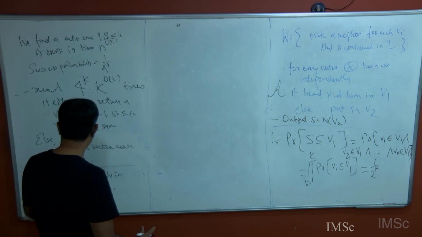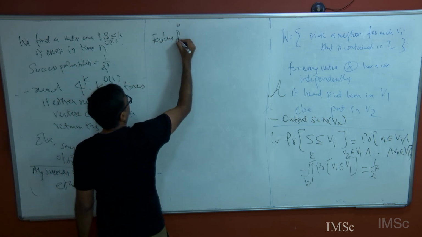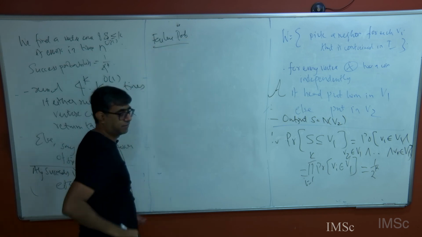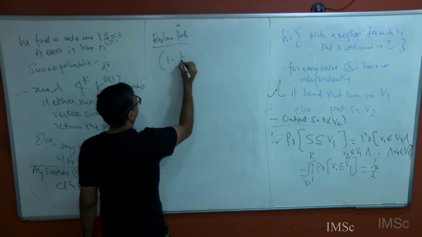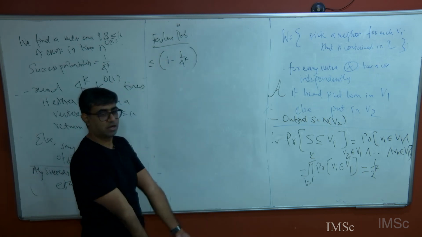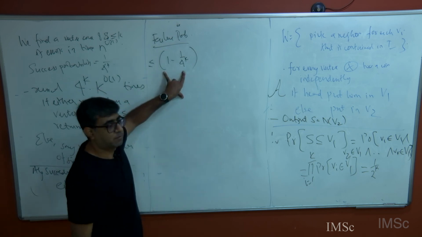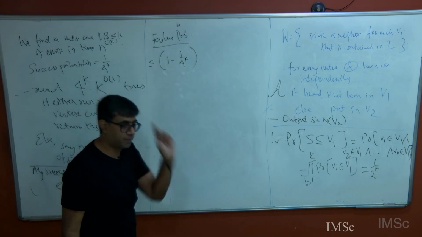Okay. So what is the failure probability? Let's compute the failure probability. What is the probability that it failed in the first round? It is upper bounded by this, because you succeeded with probability at least 1 over 4 to the power k, so you failed with probability at most 1 minus 1 by that. And you failed in the first round